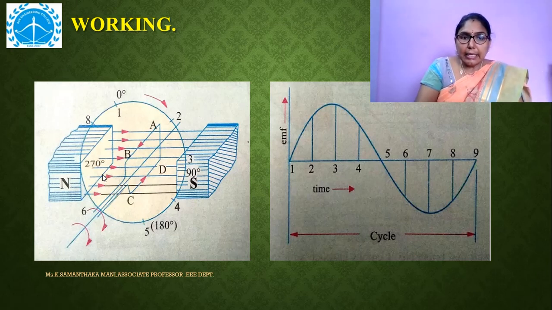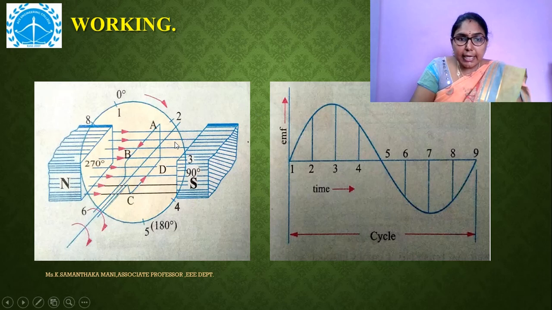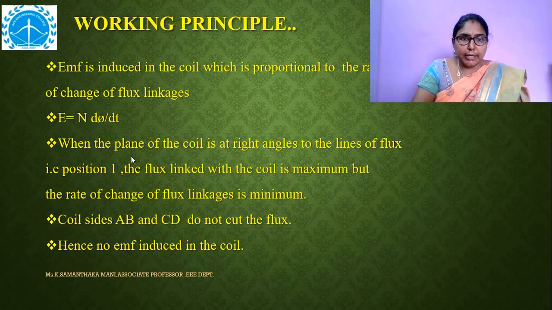So what I'm talking about is the nature of the EMF induced in the conductor. What is the nature of the EMF induced in the conductor of a DC generator? It is of alternating nature. But we mentioned it is a DC generator. Then we'll move on to the next part, how this will be converted into DC outside.